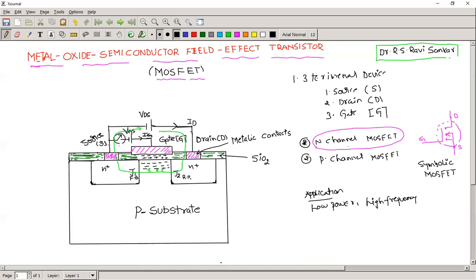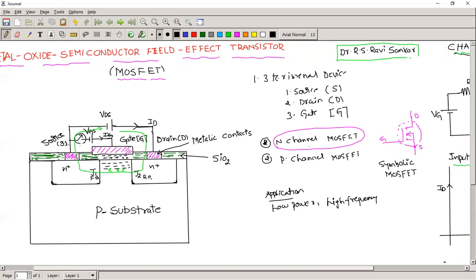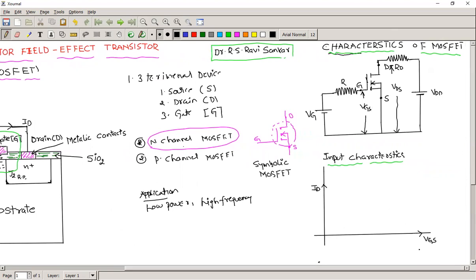This is the circuit diagram for studying the characteristics of a MOSFET. The source is common to both the gate as well as the drain. This is the load resistance. This is the VDS, nothing but the voltage across the device. This is the gate voltage. This is the gate limiting resistance. This is the actual voltage which is applied between the gate and the source. Because of this resistance, some amount of voltage will be dropping in the resistance.